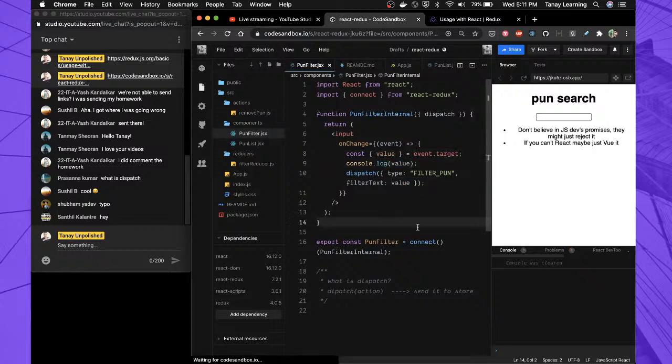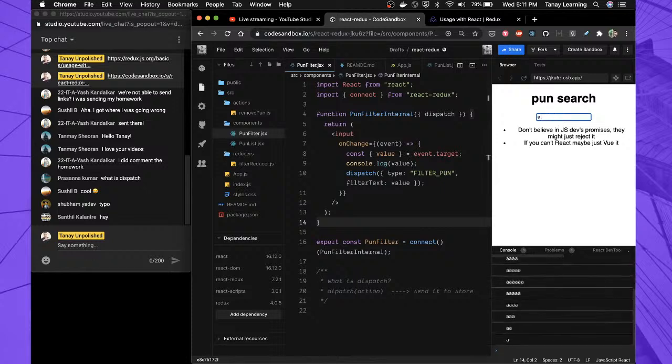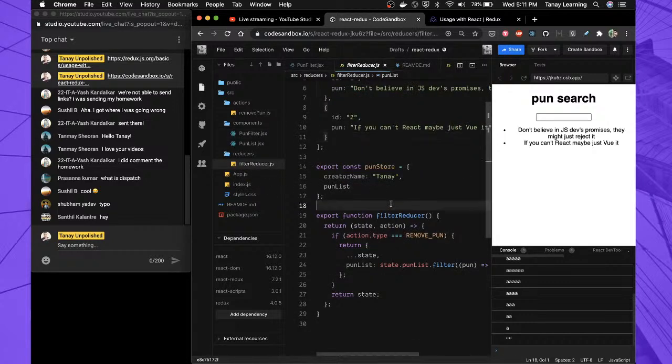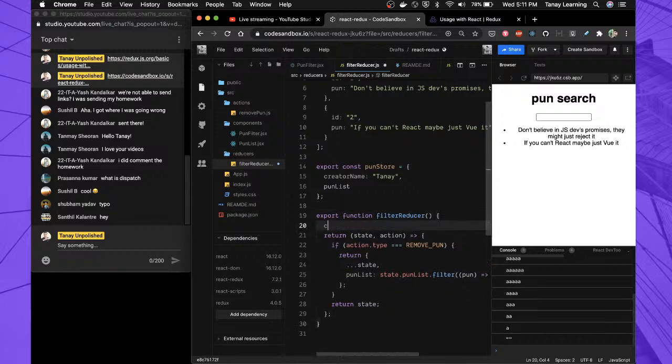Very nice. Okay, now if you type something, a b c d e f g, nothing is happening. Why? Because when you are dispatching an action, the reducer doesn't know how to react, but the reducer is getting this action, by the way. And let me tell you this, every time you type something,